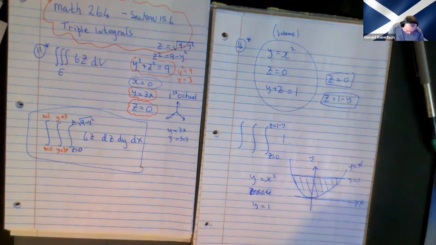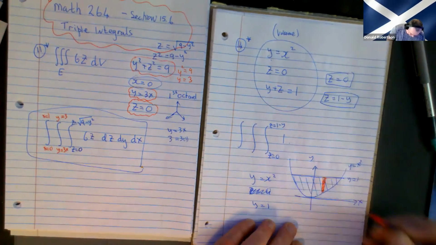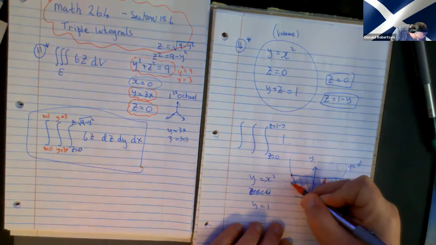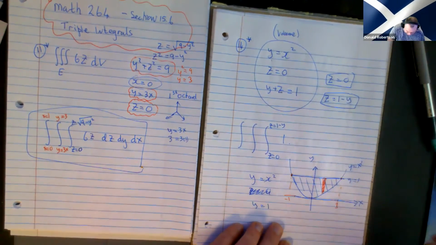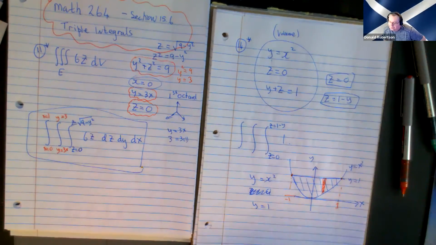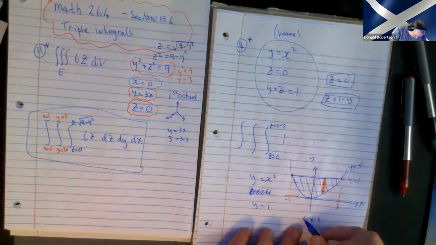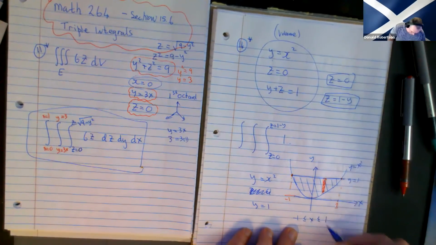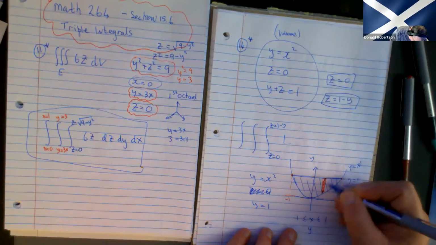I think this one lends itself to a type 1 vertical rectangle. This point here is -1, and this point here is 1. Couldn't you use Desmos if you weren't sure? So I can tell you that the x's are going to go from -1 to +1. And if you look at this rectangle,